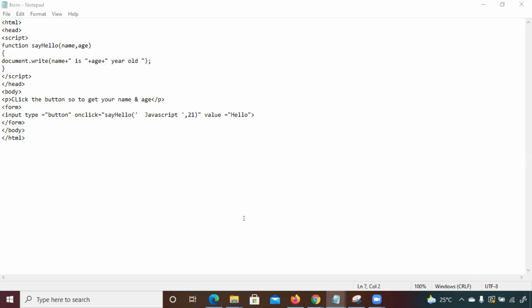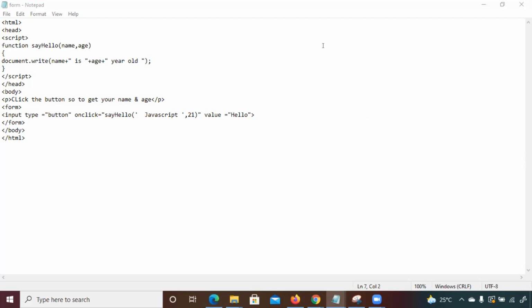At least you can guess it from this function. What is this function trying to do? It is calling the function, printing the value of the person's name and age.